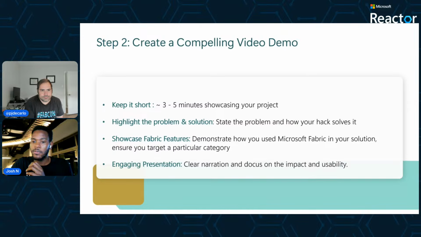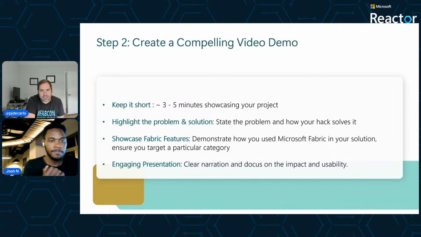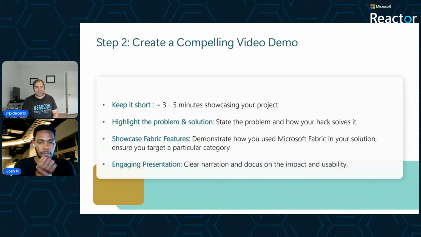And for some of you, the project might be big, so just show these snippets. You don't need to scroll through the entire code blocks that you have. All that should be well documented. The video should really come in handy in terms of just explaining what your actual solution is. To add to that, Josh, I think the key here is we're not looking for a Hollywood